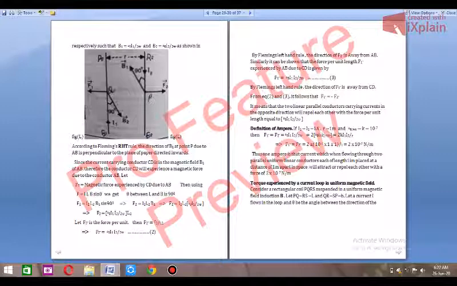So what you will do is take two conductors of length 1 meter, with a current of 1 ampere in both conductors, and the distance between them must be 1 meter. And if you find that they exert a force of 2 into 10 raised to minus 7 Newton per meter, or 2 into 10 raised to minus 7 Newton, because we just have a conductor of 1 meter, then the current in the two wires will definitely be 1 ampere.